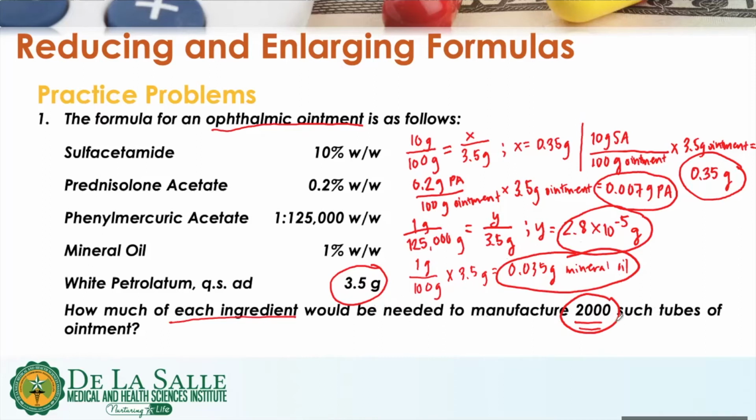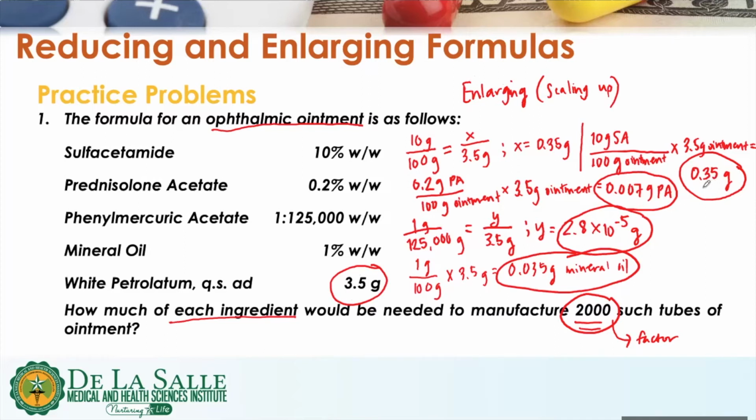So the factor here is basically your 2,000. So this time, what we are doing is we are enlarging the formula, or we are performing scaling up. So here's what we're going to do. We will simply